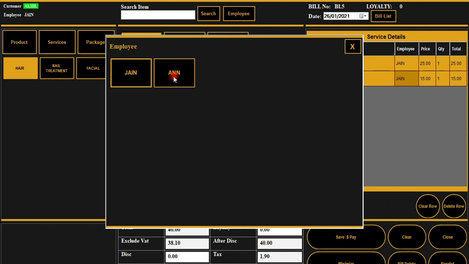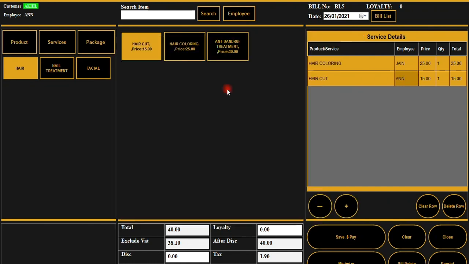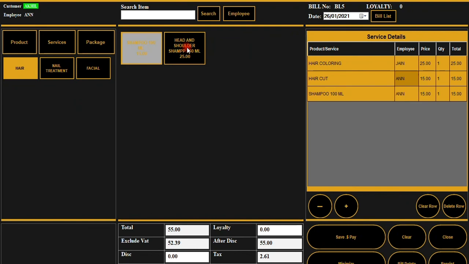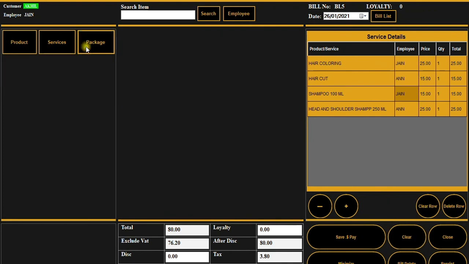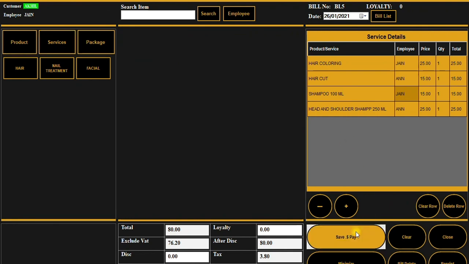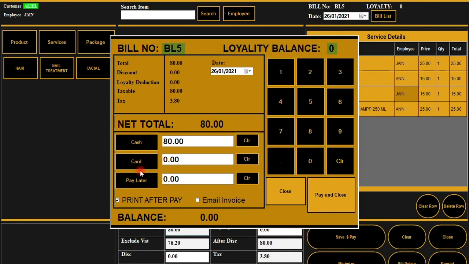In the same screen you can delete or clear the row. If you press delete row, a particular row will be deleted. If you clear the row, the entire thing would be cleared, right? So you have to take care of that. Next, you can even use it for the products used by the client, right? You can take care of that also, the services, the package provided to him, everything can be done